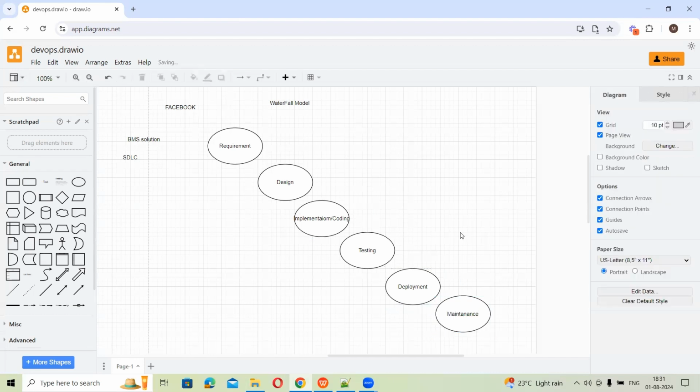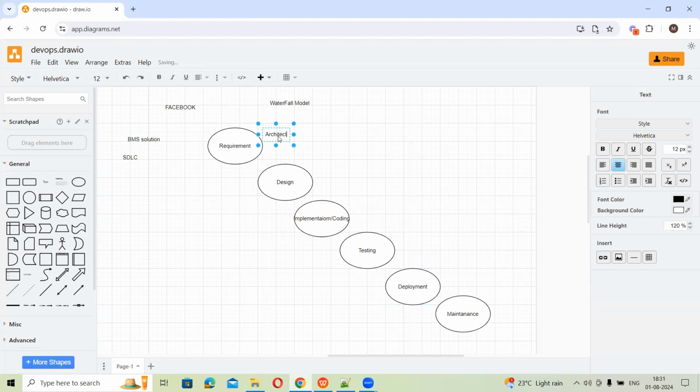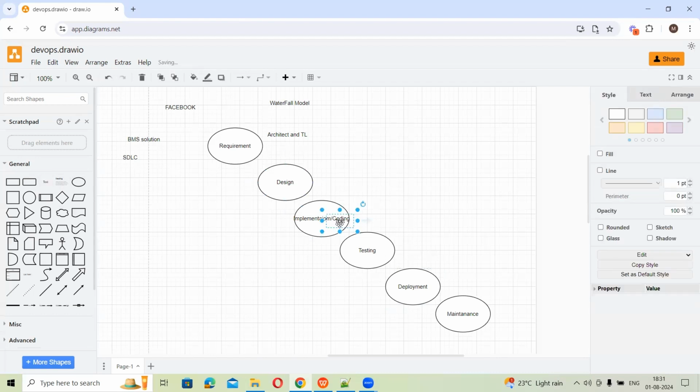Here, let's see which team works on which stage in the IT team. In the requirement part, the architect and team leaders will work. They collect all the requirements from the client, what they require in this particular application. Once we get all these details from the client, they schedule meetings, scrum meetings,